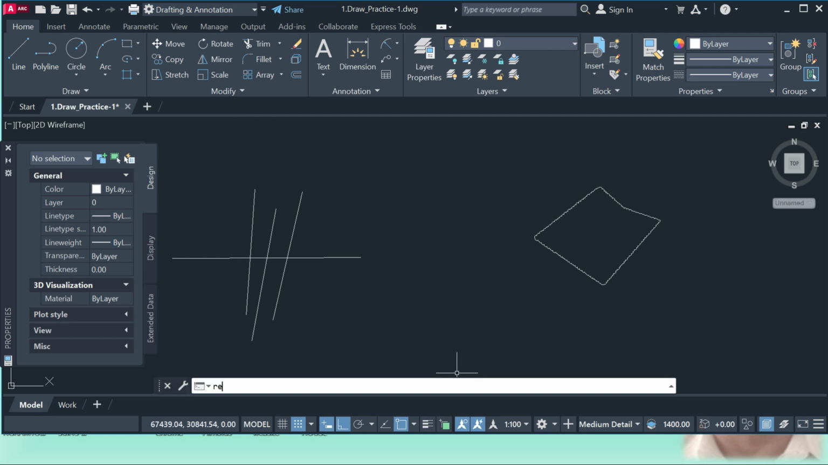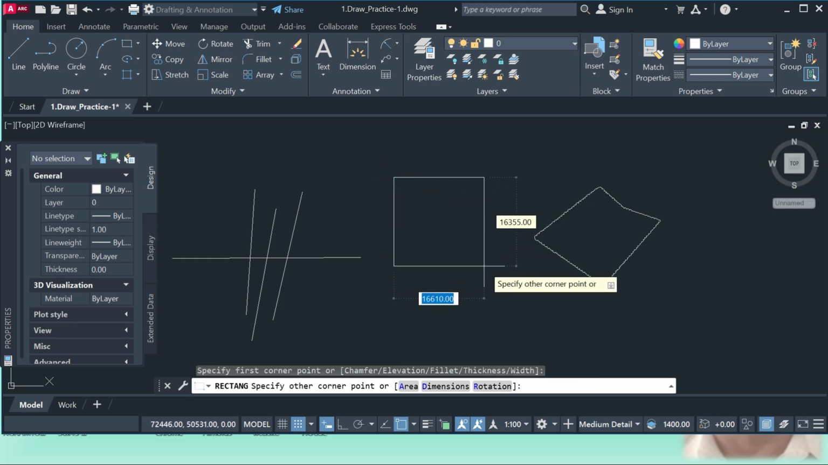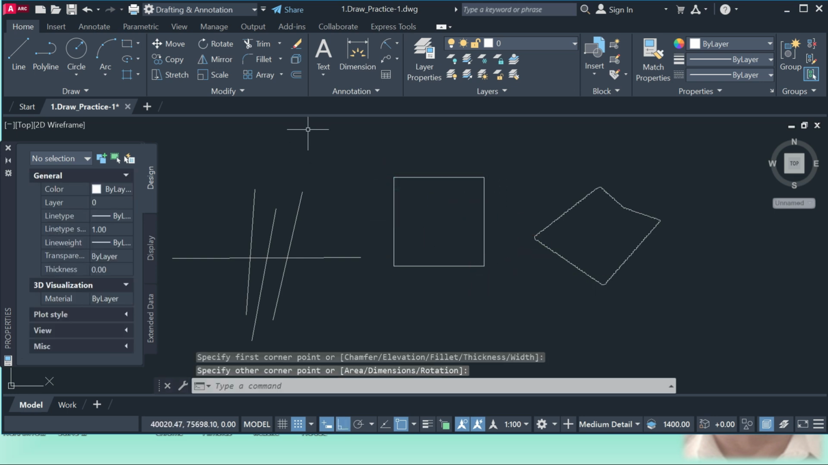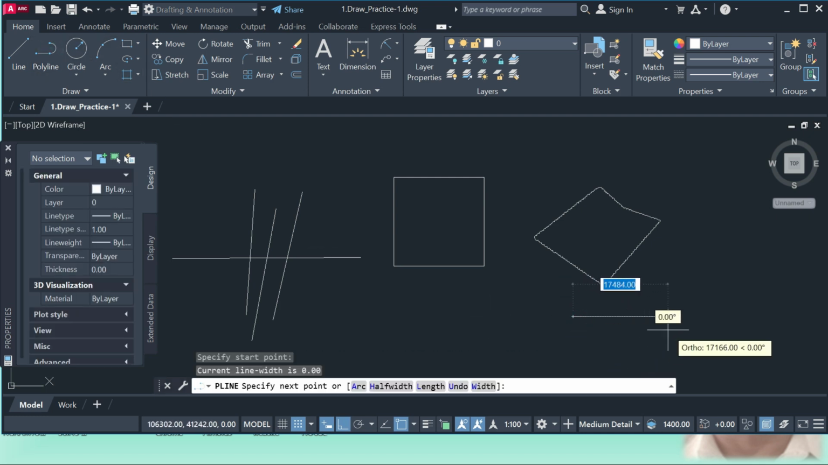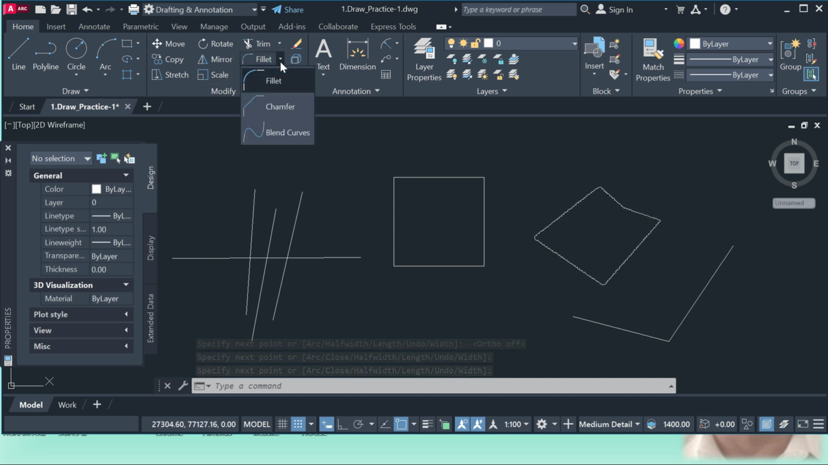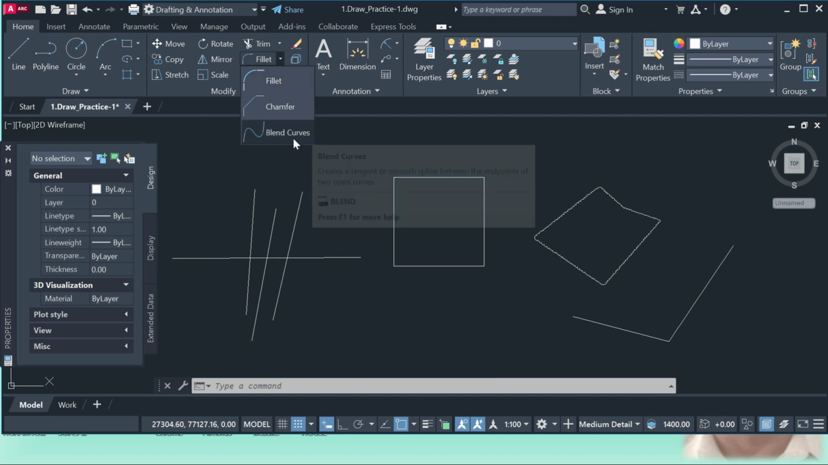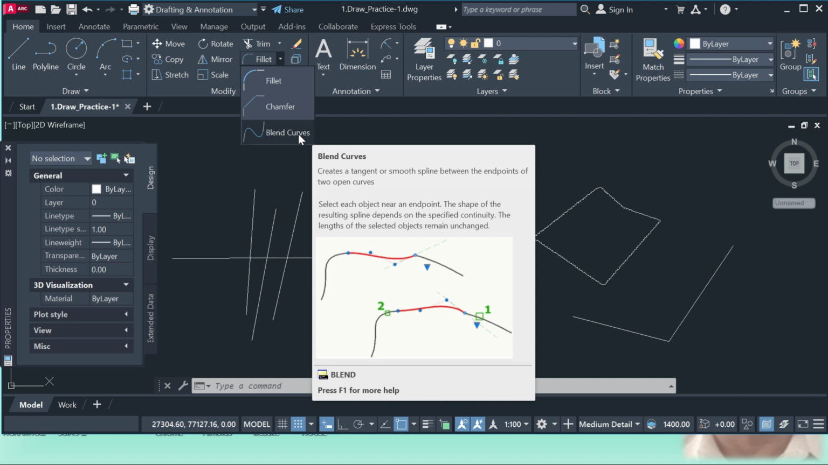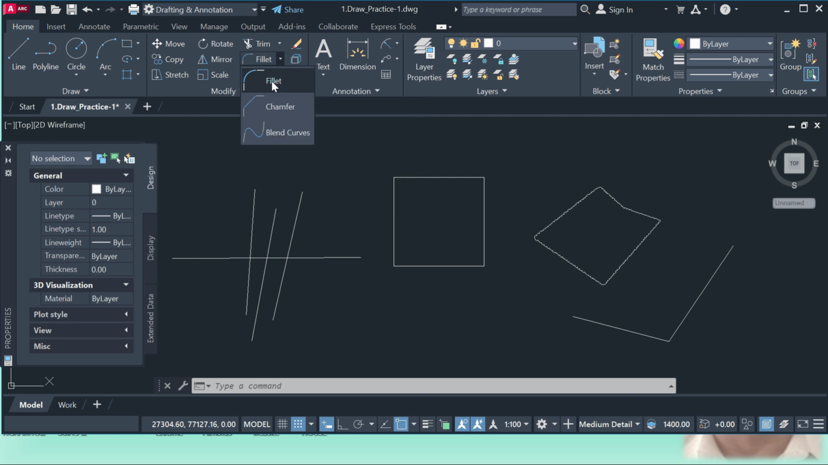Next point, first I am going to draw a rectangle. Come here and just select it here. Then I want to draw one polyline. Yes. Ortho mode, yes. Okay. Now, here one is the fillet and one is the chamfer and one is the blend curve. Blend curve we mostly do not use, but fillet, like just click here, come down, it's asking us